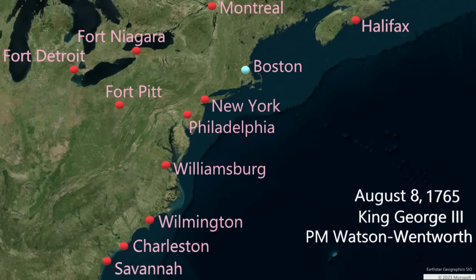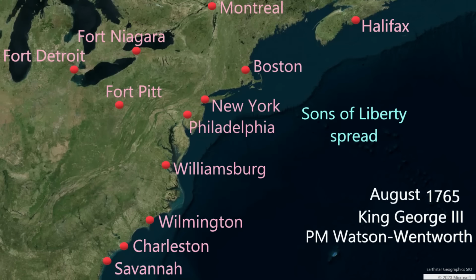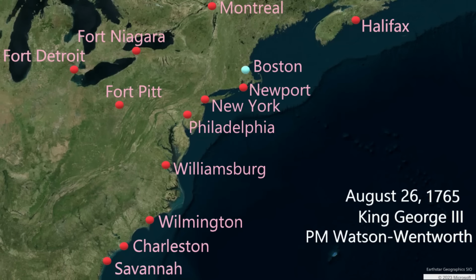August 8, 1765. Massachusetts newspapers print the names of the stamp tax collectors. August 14. Mob violence ensues in Boston. The taxman Andrew Oliver's home is attacked by rioters led by Ebenezer McIntosh. Mob action by the Sons of Liberty, a vigilante group, spreads down the coast, occurring in Newport, Rhode Island, and Charleston, South Carolina. August 26. The home of Lieutenant Governor of Massachusetts, Thomas Hutchinson, is attacked by a mob.